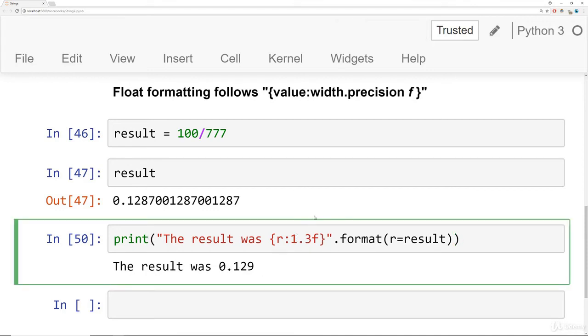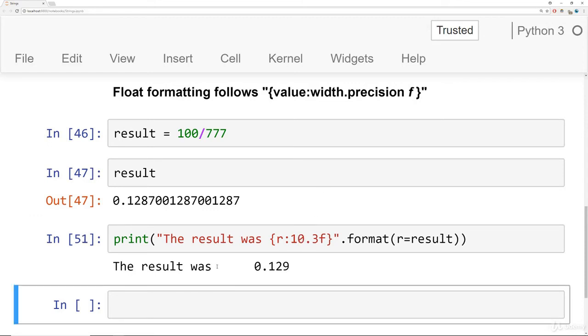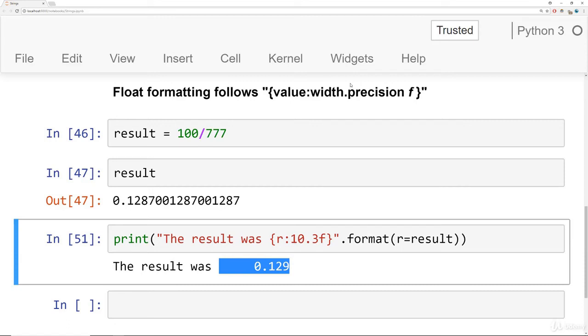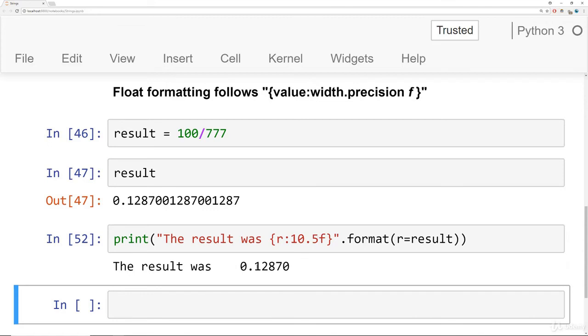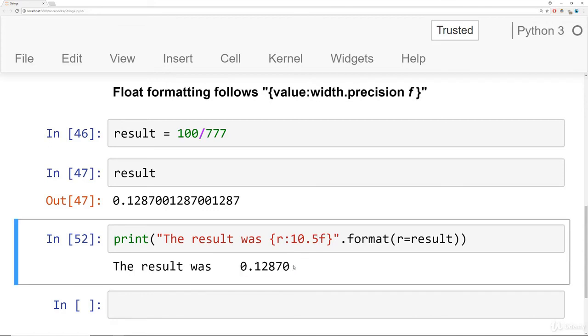Now, if I play around with this width value and make it really large, what ends up happening is you end up adding white space. The reason for that is because the width basically describes how long or how wide you want this entire string number to be. That's not terribly useful because you end up writing a ton of white space, but there may be certain situations where you want to edit that. So it is available to you here, but often what you're going to be playing around with is really the precision here. So we can make this 5, and here we can see now we're taking up less of the total width because we have more numbers past the decimal point.